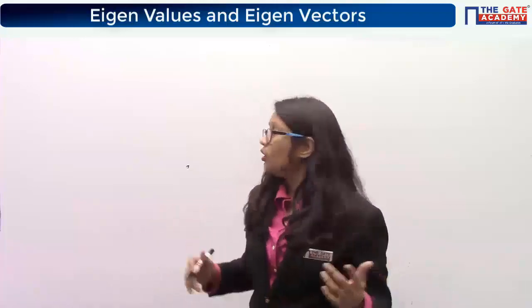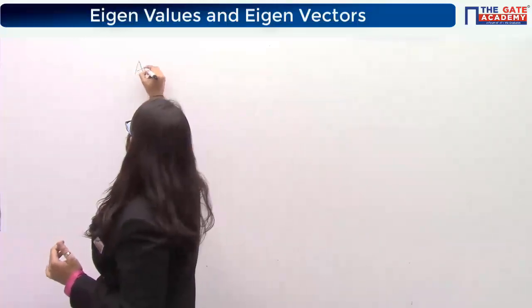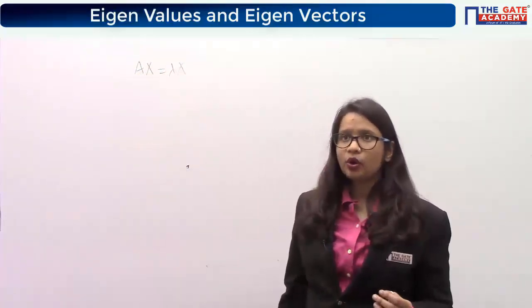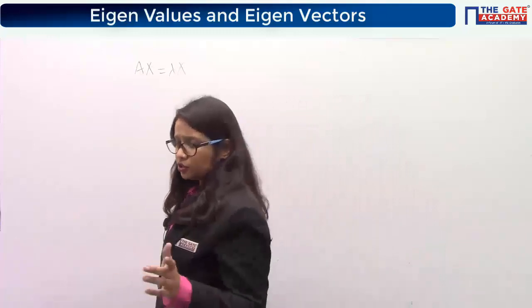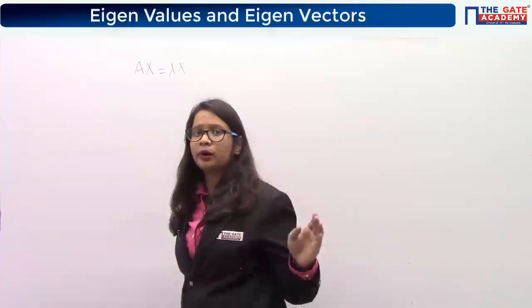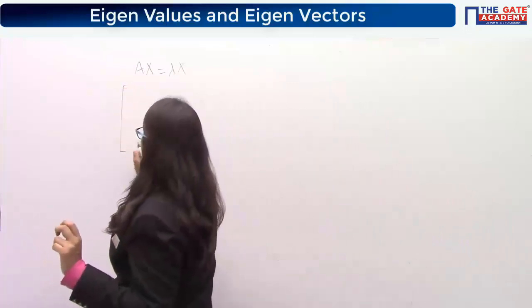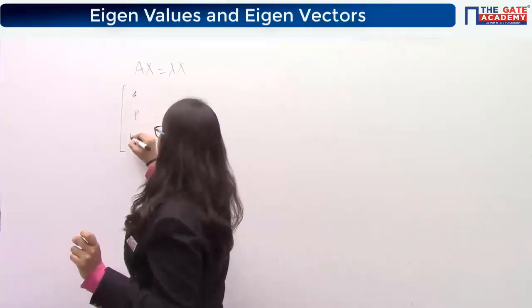Do not do it like this, because in the GATE exam, if an eigenvector is asked, then it will be given in the options or even in the question. Like in this question also, the eigenvector itself is given to you. So what will you do? You will just write Ax = lambda x, and use this equation to solve. You need not find the eigenvalue by setting the determinant to 0. Just take this equation. The matrix is given to you.